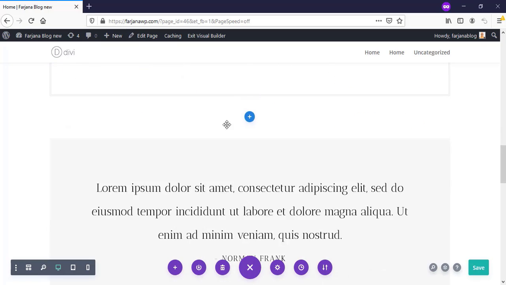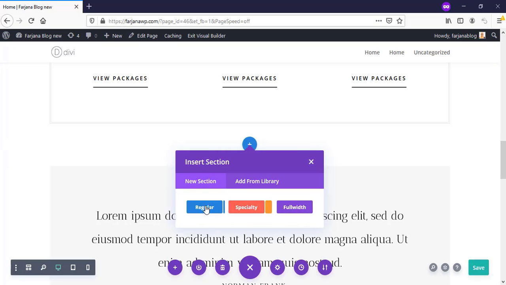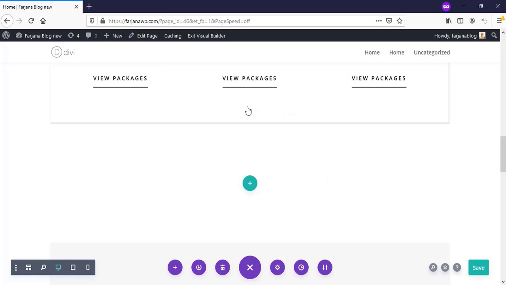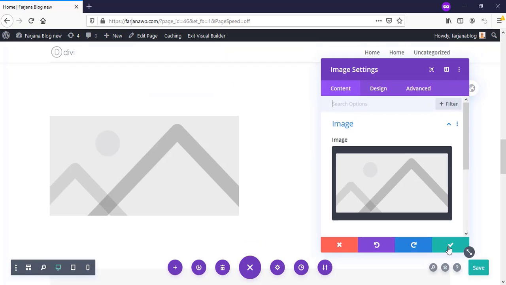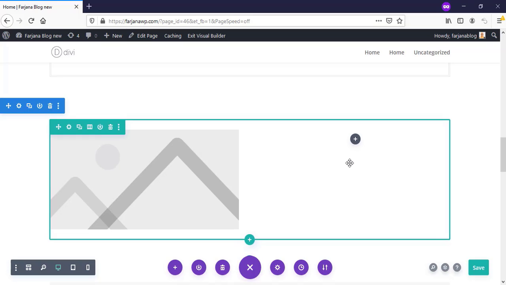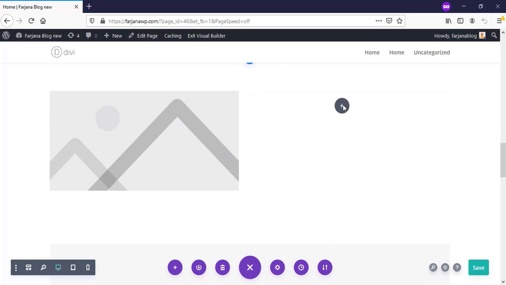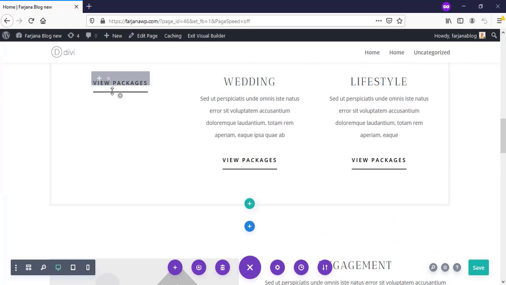And here is a section for a specific category, but I want to redesign this section in a different way. So here I'm taking a new section, taking a regular section, and here are several kinds of rows. I'm taking here 2 column rows, and left side I'm taking image module, and right side I'm moving this module to the right side, and also this button